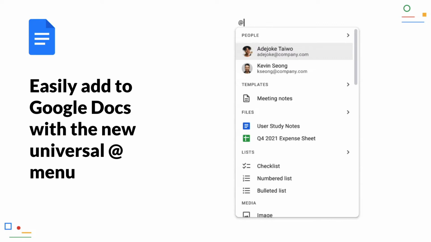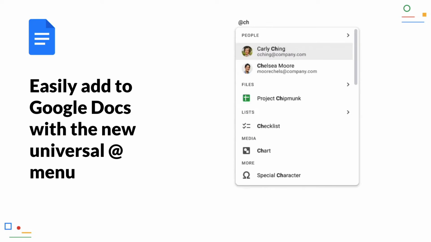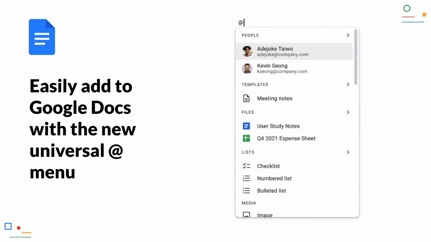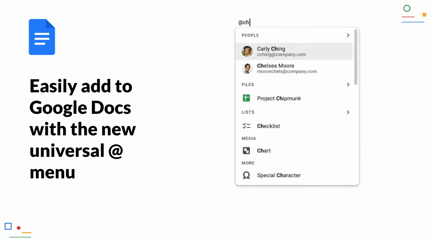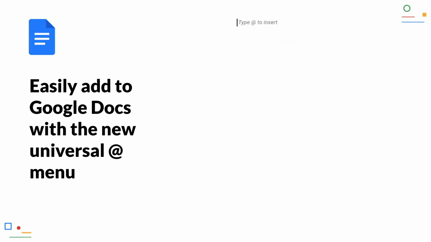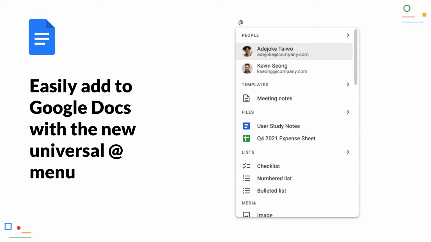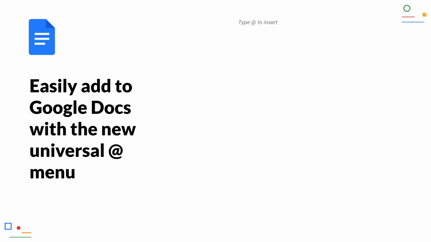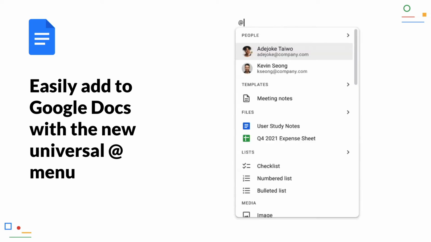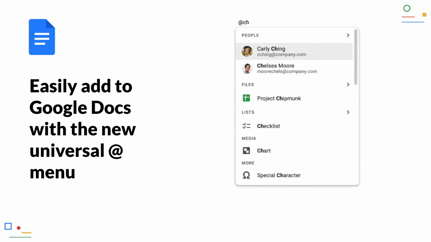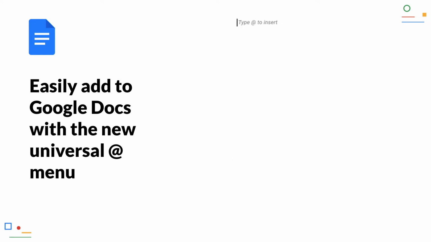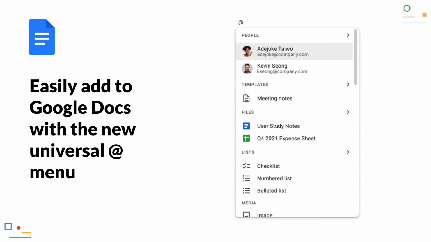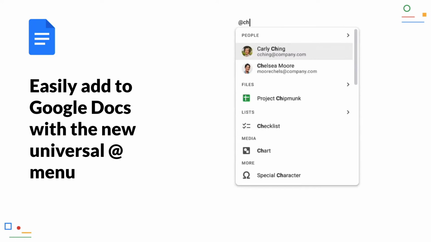Easily add to Google Docs with a new universal add menu. Google already introduced the so-called smart chips some time ago. These are interactive elements like people, meetings or dates that can be inserted into Google Docs. Now Google has created a universal menu for inserting these and other frequently used elements that can be accessed simply by writing the add sign. So you can easily and quickly insert such smart chips, text blocks or files and other documents into your Google